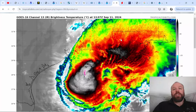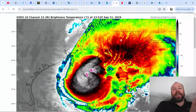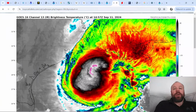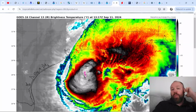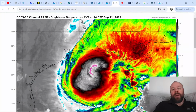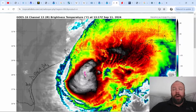But what happens is once you start to increase shear, being a change in wind speed and direction with height, it will start to tilt the structure of the system. And that means that the inflow at the surface then cannot rise vertically up through the column in a good way, and therefore we start to see the weakening process begin of these systems, and that is exactly what's happening. We've capped off this strength at around 90 knots or 80 knots, 90 miles per hour,